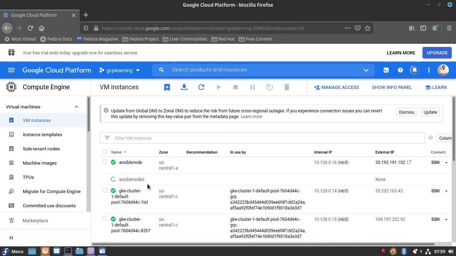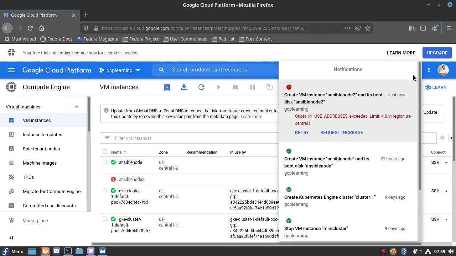Okay, as you can see, it is spinning up my Ansible node. Okay, so I think I have reached the limit of 4 in a region. Let me try to create an instance in another region.